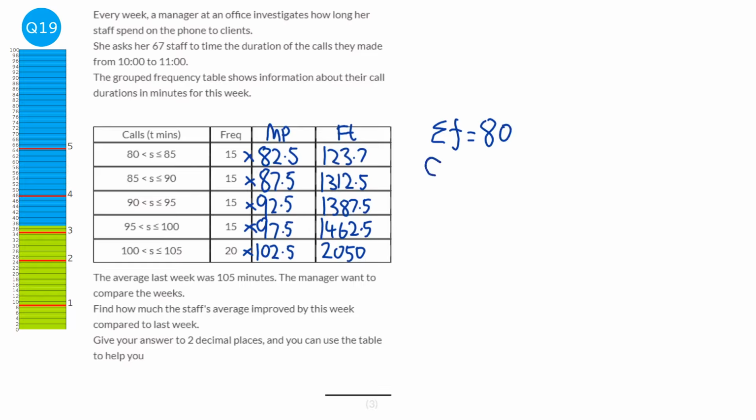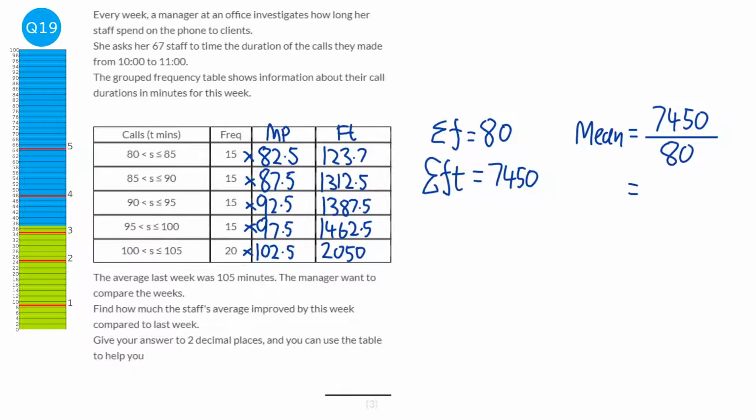And we have the sum of the ft, and so we're going to just add this column up here, and so that would be 7,450. So what this column represents is all the numbers added up together. This column represents how many numbers we have. So to find the mean, it's all of the numbers added together, which will be 7,450, over the amount of numbers we have, which is 80. So when you do that, we get